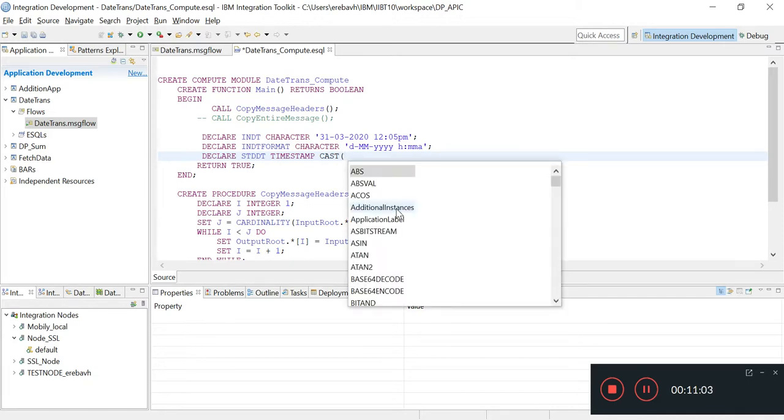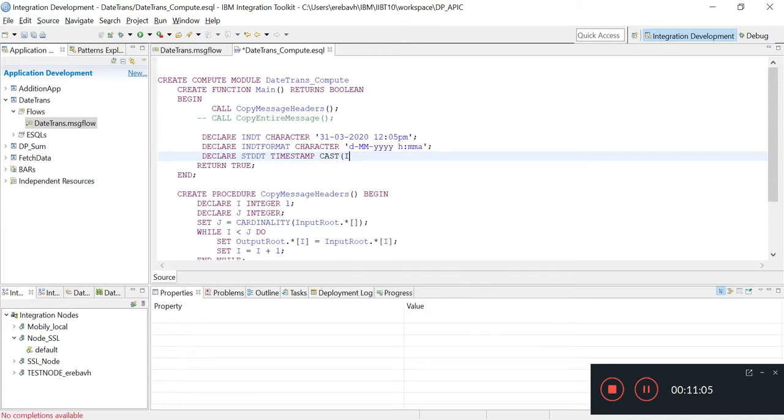So we are going to cast this first input date in the required input date format.